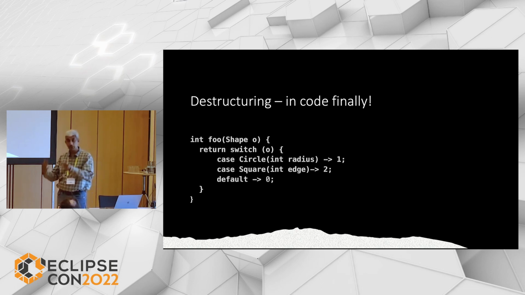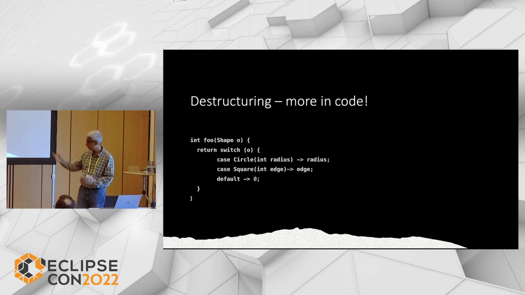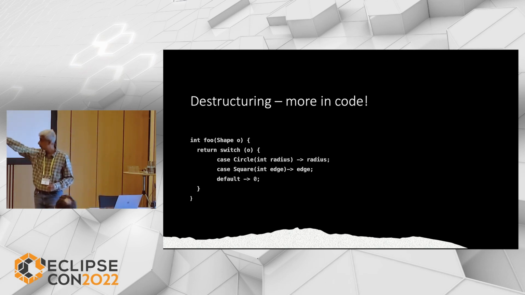Of course, the compiler internally does a lot of stuff. I cannot say loop, but it kind of looks at this, then if it doesn't match, it goes back. That's the implementation, but let's not focus on the implementation, but at least from a Java native language support, this is what it provides. And we can even go further. On the right side, it's a switch expression, and the right side is just a constant, but we can even go further and extract the variables out of it. If you figured that it's a type of Circle, you can extract radius out of it or edge out of it.